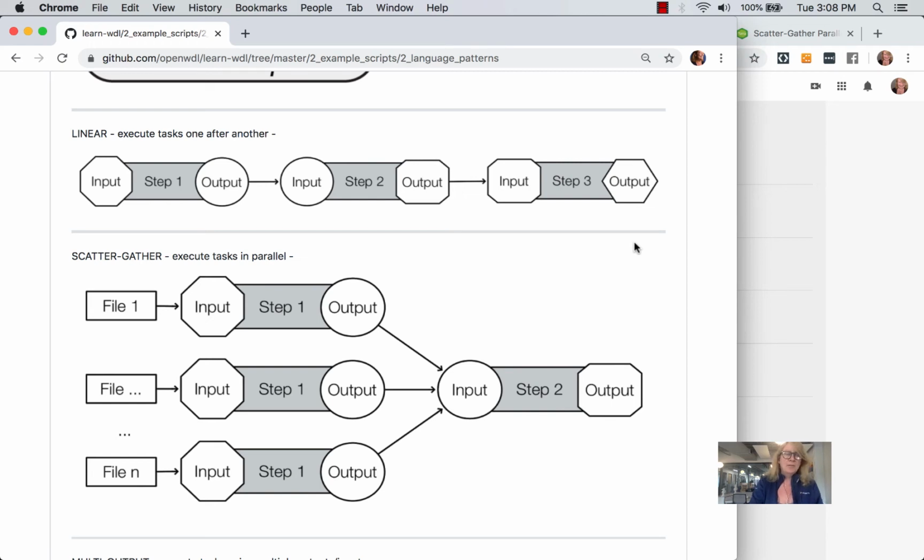Hi, in this video we're going to take a look at another pattern for pipelining WDL scripts, and that's scatter gather. You can see that in the second picture here. So the concept is you can execute tasks in parallel. And again, this is really common because of the size of the tasks, because of the amount of input data